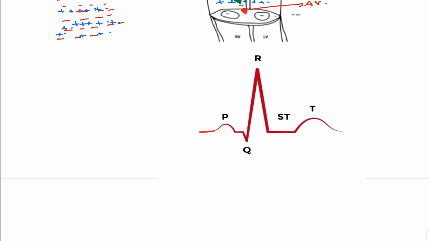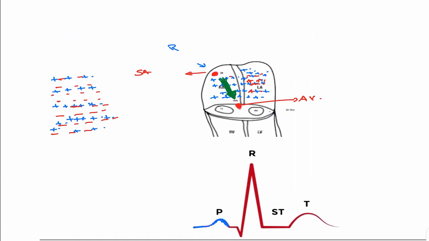This is where it was at rest. When there was no depolarization or repolarization, it is the resting membrane potential, and then there will be a positive deflection. I'll explain later on why it's not a very sharp deflection. We'll see it later. So it's a positive, upward deflection, because positive is moving towards positive, isn't it?